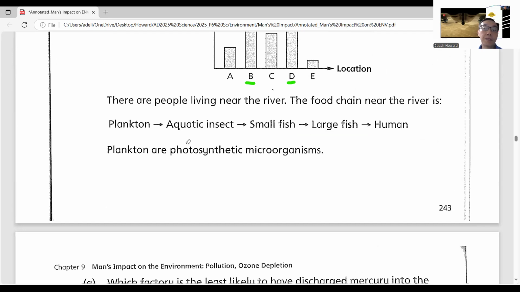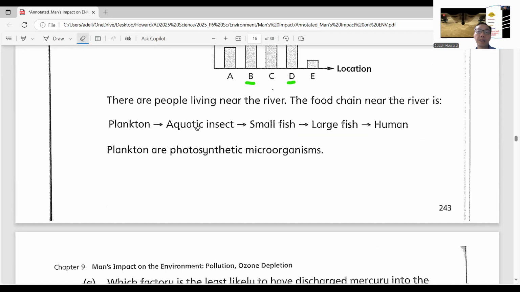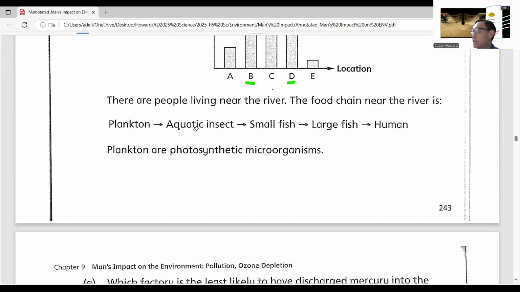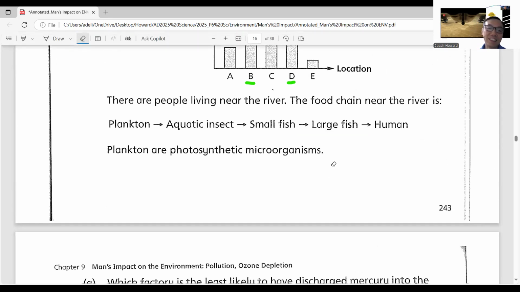okay? Because the plankton absorb the mercury in the river, and the planktons are eaten, act as a food source for the aquatic insects. Like the biggest animal in the world, which is the blue whale, right? But they eat the smallest animal, the planktons. True, right? They eat tons of planktons. So the reason is you mentioned